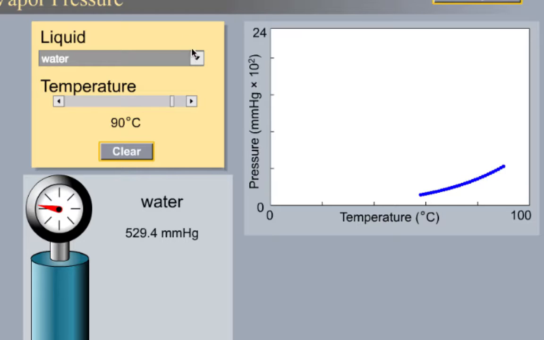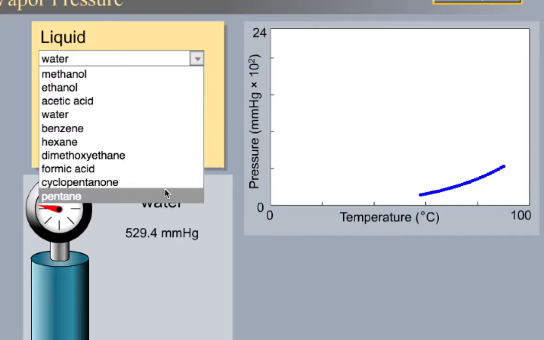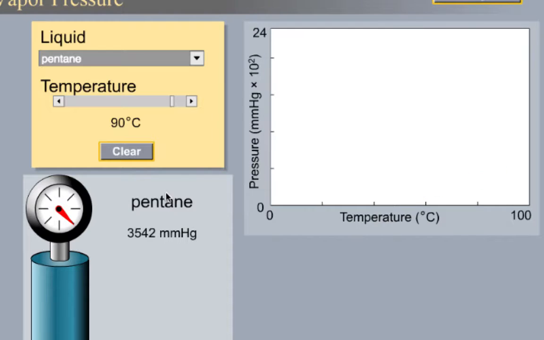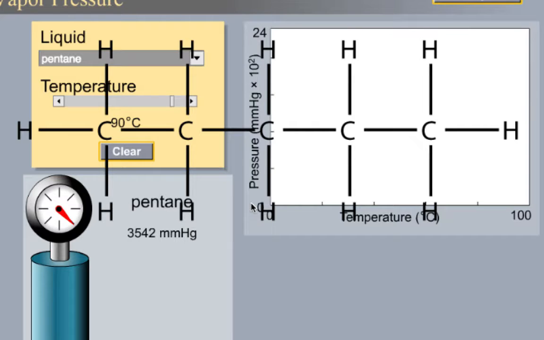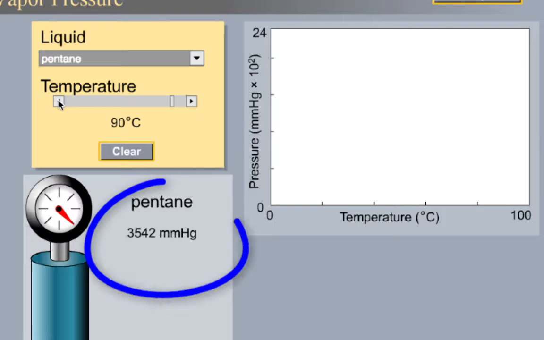So let's see if there's a molecule in our menu here that we can pick that doesn't have those hydrogen bonds. So let's go down and pick pentane. Well, pentane looks like this. Notice, no oxygens at all, just carbons and hydrogens. So that means that there's very little hydrogen bonding going on. In fact, none. All of the bonding here is going to be London dispersion forces. So let's see, what's the vapor pressure at 90 degrees? It's